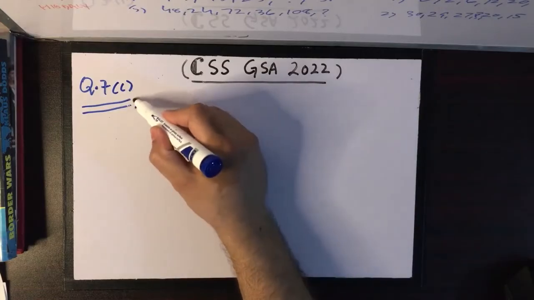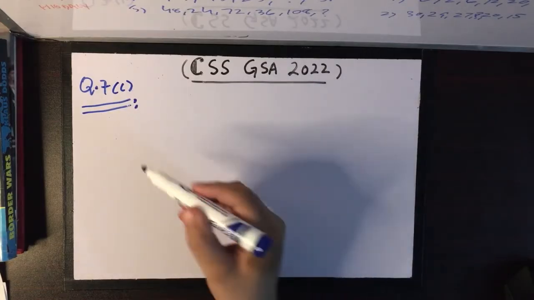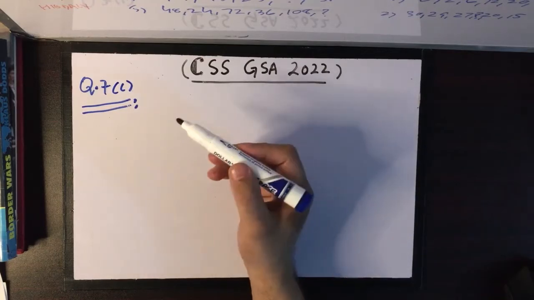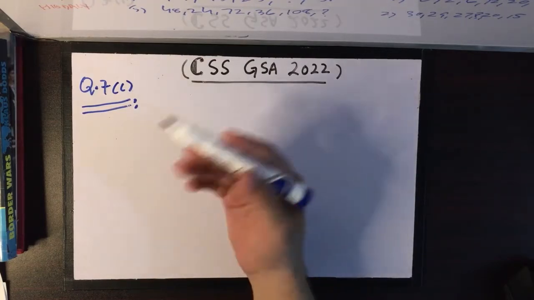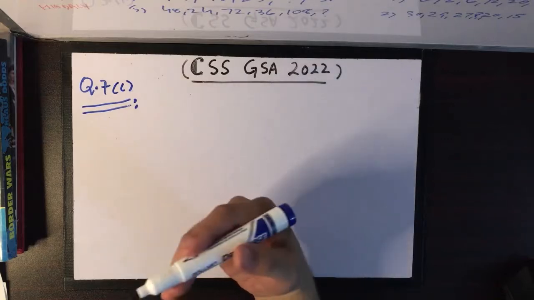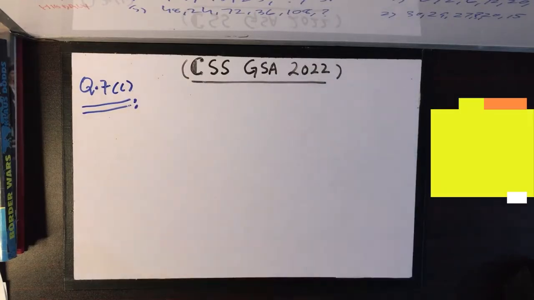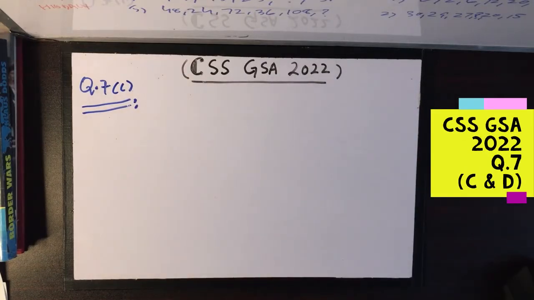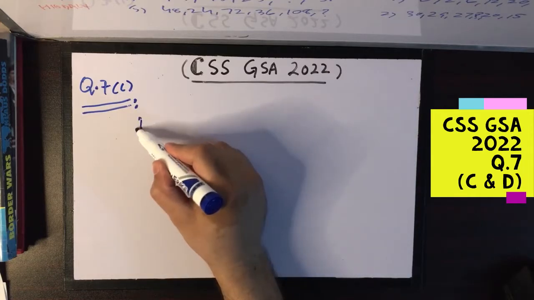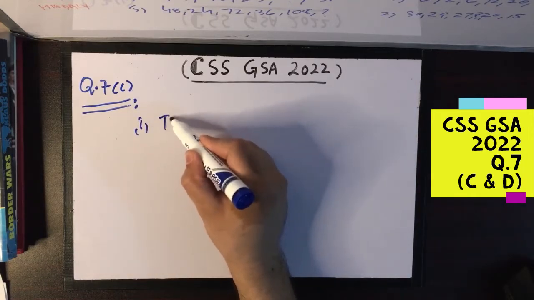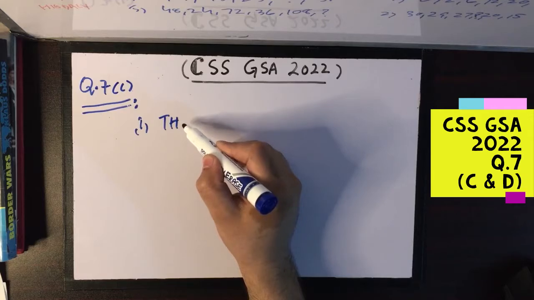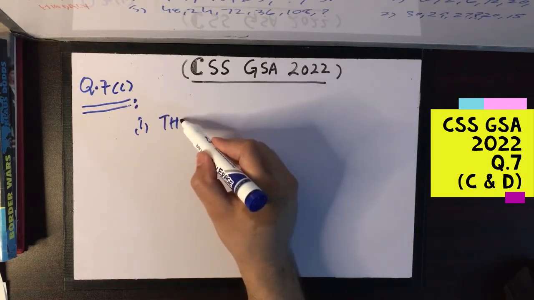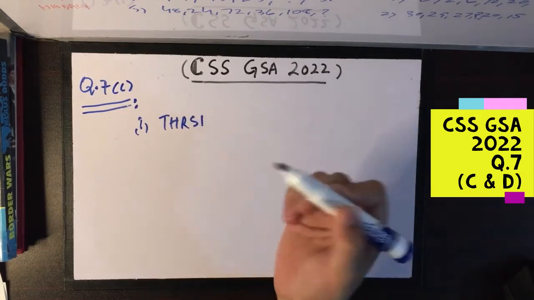One of the CSS GSA's most favorite questions is jumbled words, where you have to find out the correct spelling. For example, this year's paper, question 7, part C's first part was something like this: